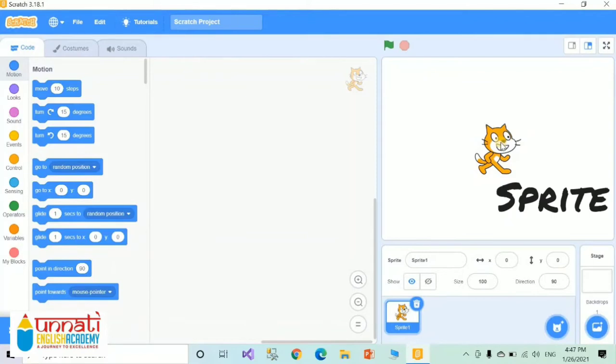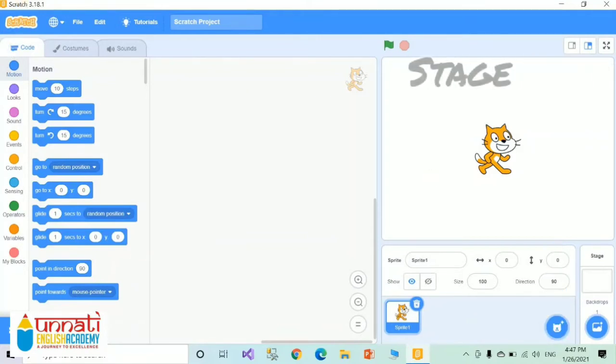The white area is called the stage. It performs various actions in a Scratch project. If you want to change your sprite, you can do that by clicking on this button. By default, the cat sprite is selected and displayed in the middle of the stage.